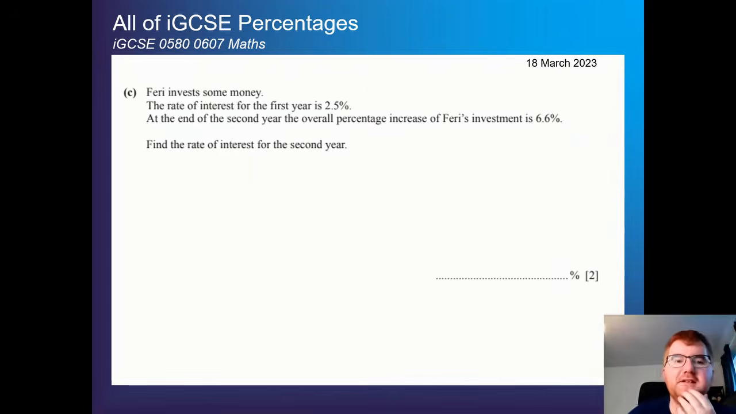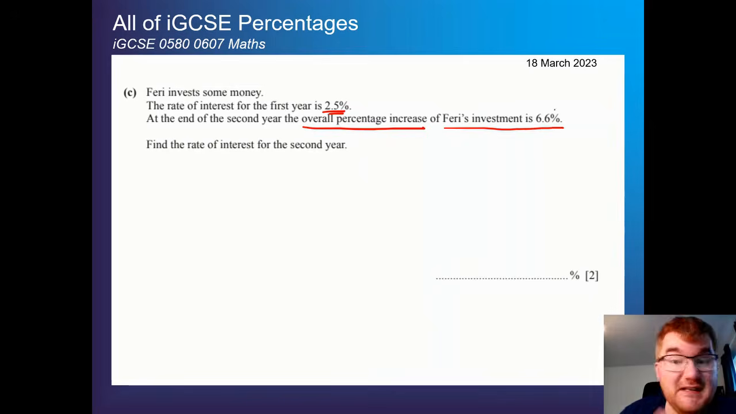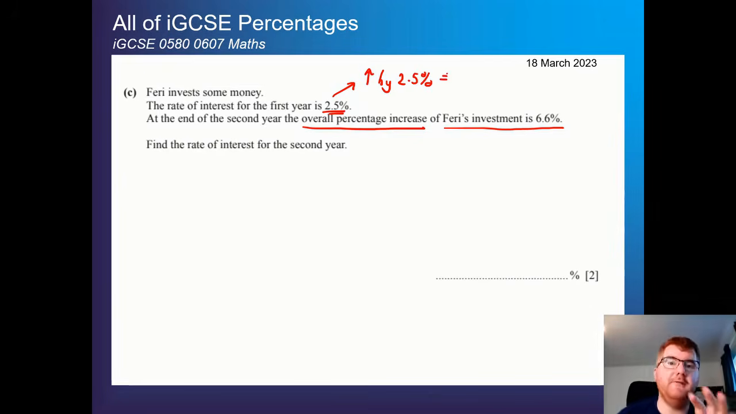Okay, and on to some typical investment questions. So Ferry here invests some money, and the rate of interest for the first year is 2.5%. And at the end of the second year, the overall percentage increase of Ferry's investment is 6.6%. And we want to work out the rate of interest that achieved that 6.6%. So the first thing that comes to mind here is we want to increase this by 2.5% in the first year. Well, if we're increasing by 2.5%, that's 102.5% in total. So if you divide by 100, it gives us